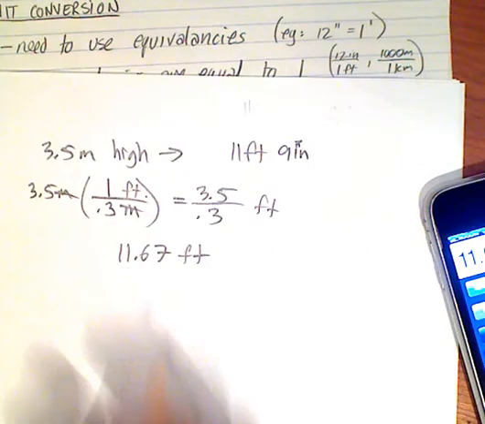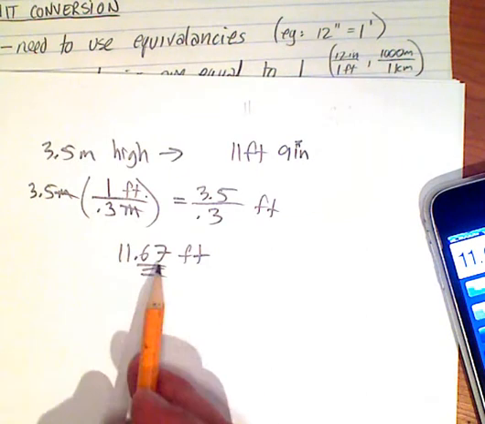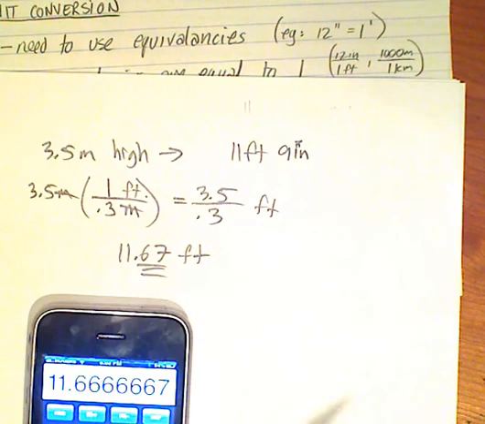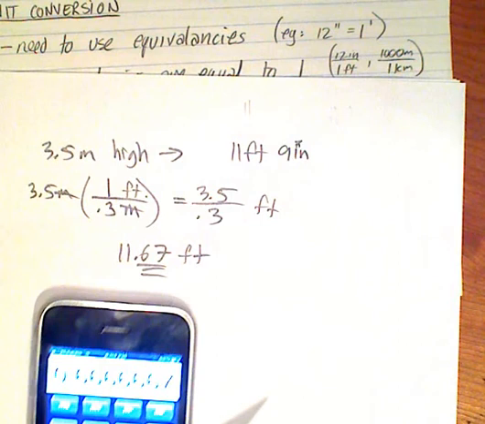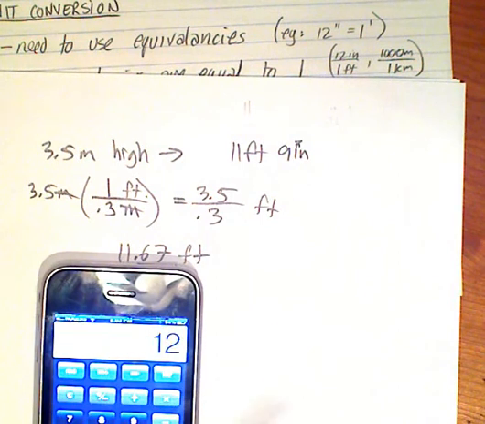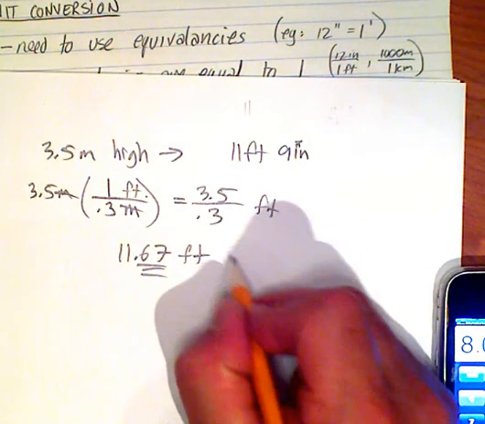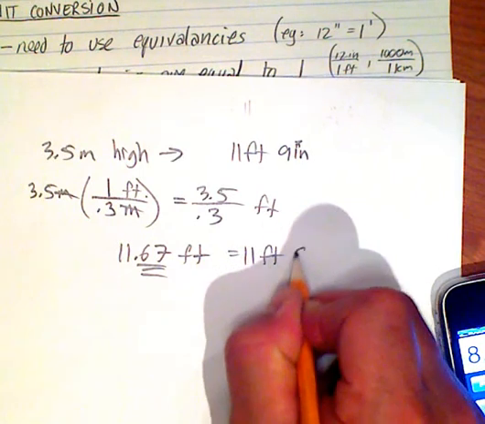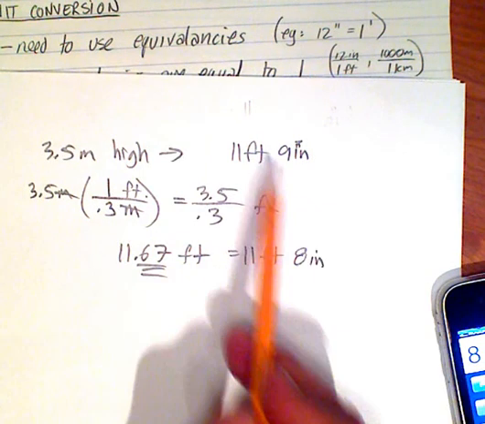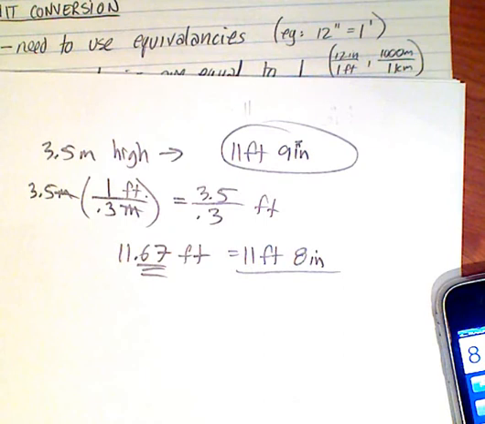Okay, now how many inches is this? Well, you know that it's a piece of a foot, so it's a piece of 12 inches. So we go 0.6666667, let's do that, times 12, and it gives us 8 inches. So it's equal to 11 feet, 8 inches, which means that you should just barely fit, okay? These are the type of conversions that I'm going to be asking you to do. There might be more than one